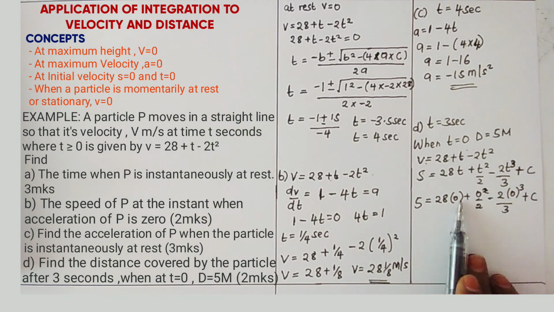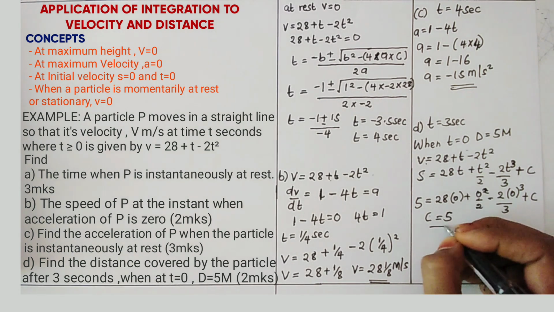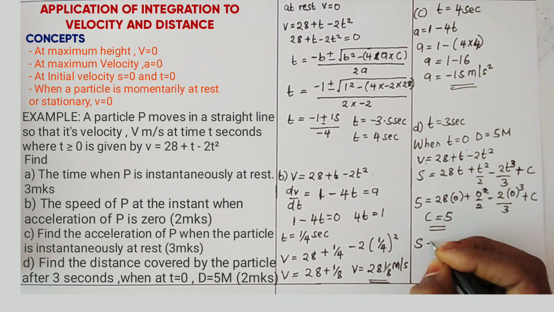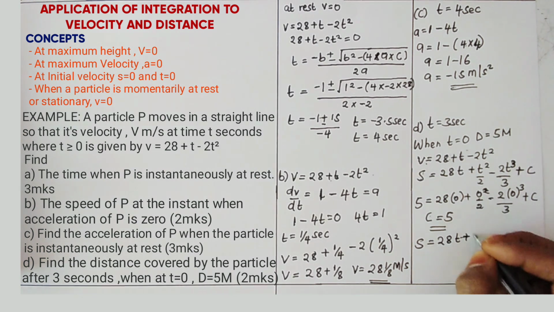So if everything here is 0, that means 28 times 0 is 0. 0 squared divided by 2, that is 0. 2 times 0 cubed divided by 3, that is 0. So I have c is equal to 5. So I get that the distance is equal to 28t plus t squared divided by 2 minus 2 over 3